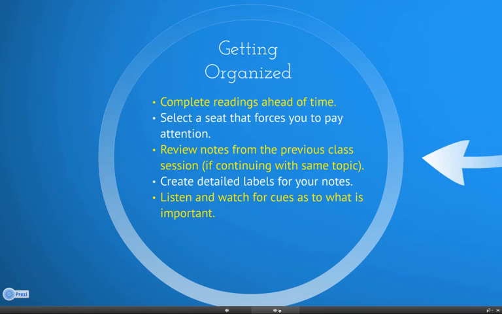When you arrive for lecture, select a seat that forces you to pay attention to the task at hand. Try sitting at the front of the class or in the instructor's T-zone. Arrive to class early and remove distractions, such as your cell phone, from your line of sight. If you're continuing with the same material, take a few moments to review your notes from the last lecture. This will help connect what you just learned to what you are about to learn and prime your mind for